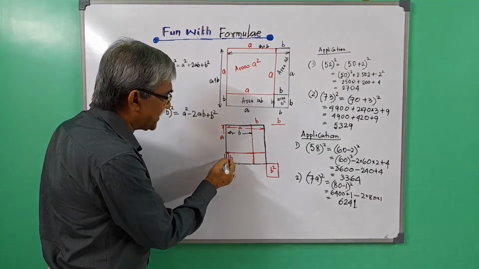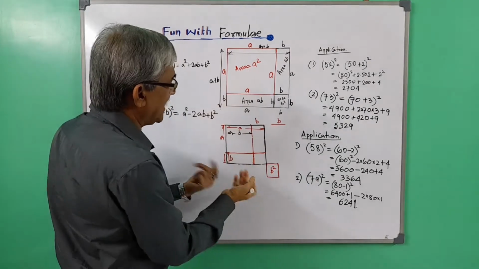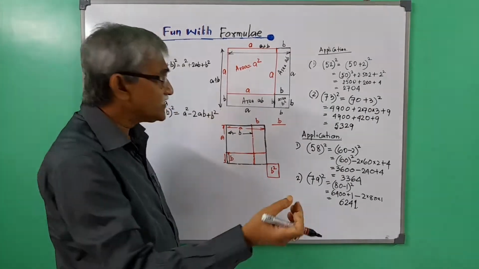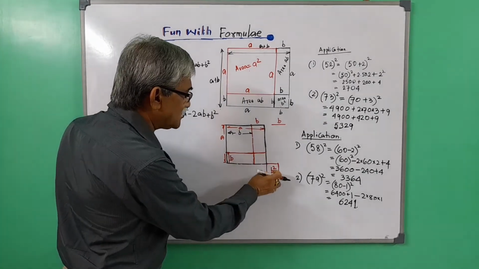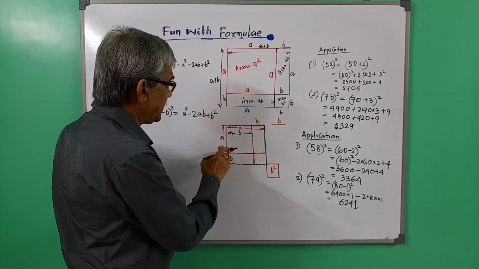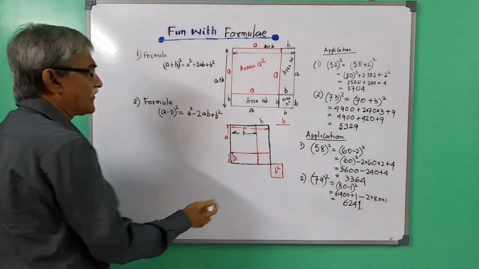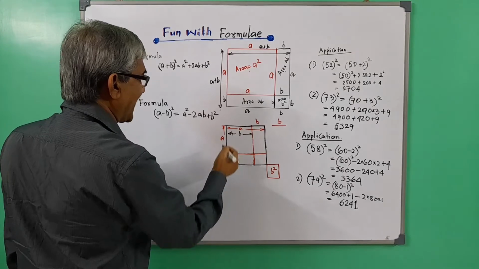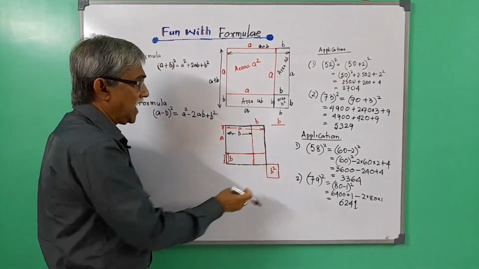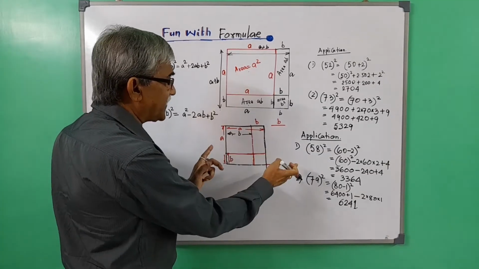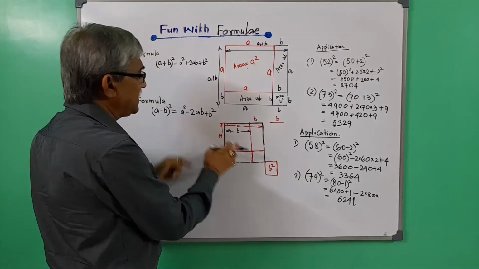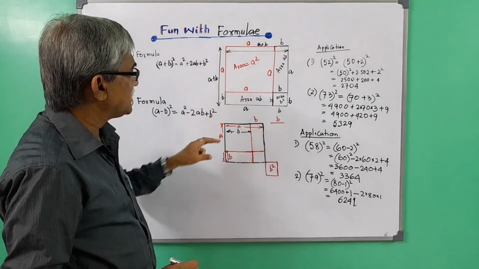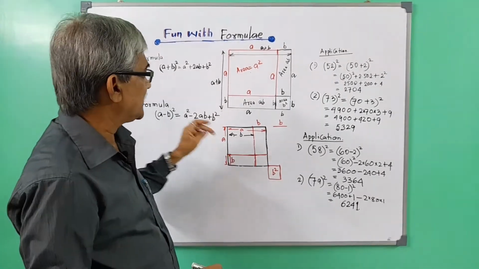Likewise, here you have to cut the b, but when you cut it out, you have not got this part that ends there. So why don't you imaginarily cut it out and finally add it? This way your a minus b whole square becomes this whole square area, that is the area within the black outline, that is a square, and this is plus b square, and we have subtracted this ab and ab, that is a square minus 2ab plus b square. This is the geometrical interpretation of this formula.